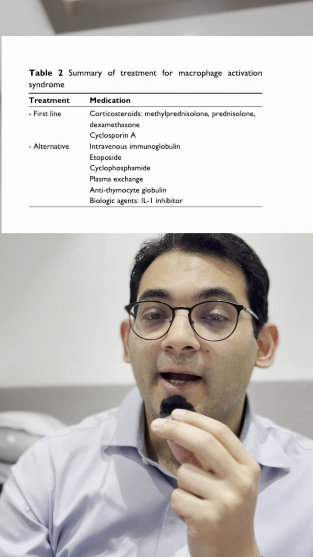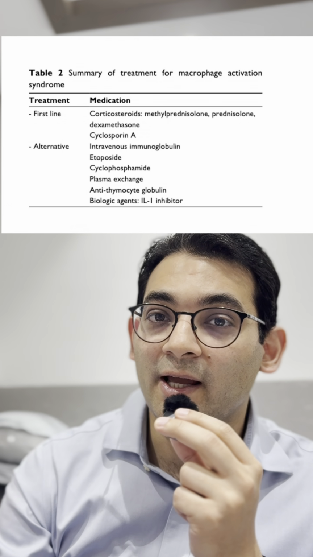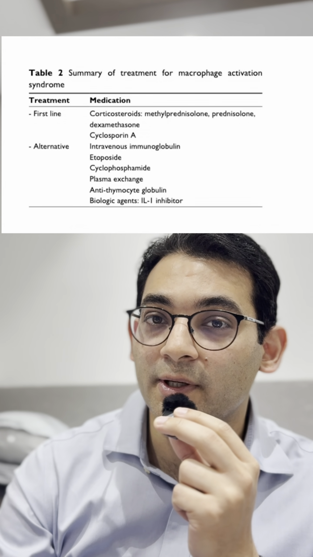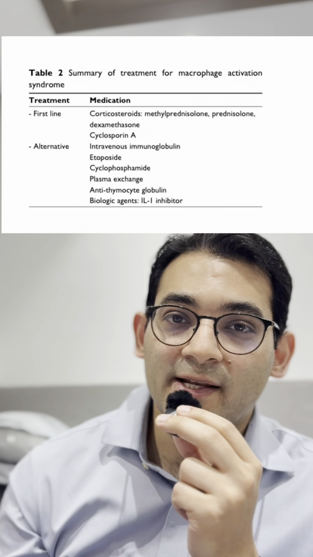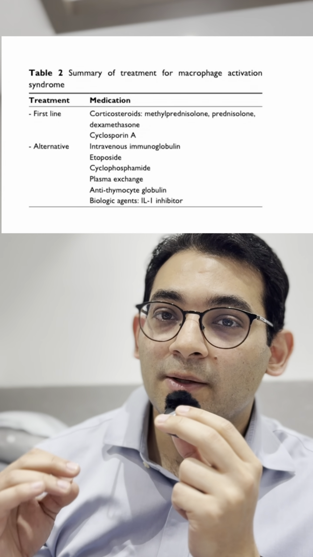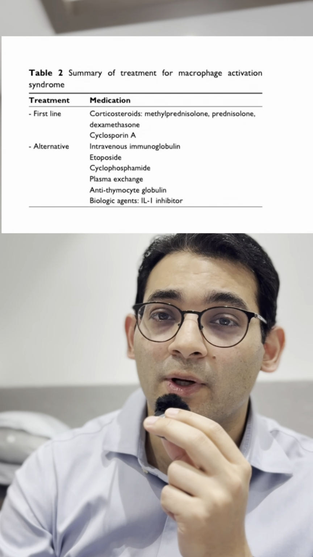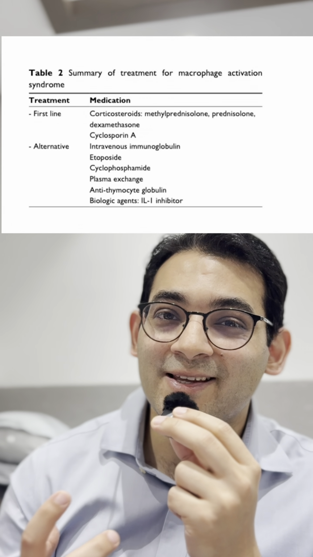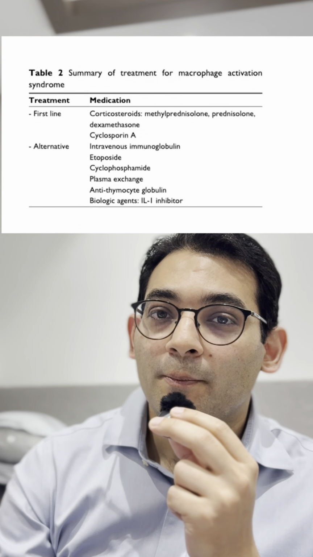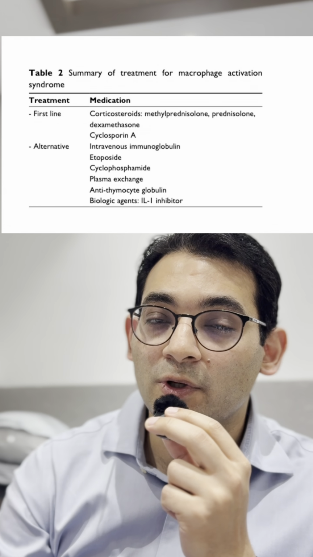Now what are the treatment options? Now normally we would treat this with either methylprednisolone pulse or with IV dexamethasone 10 mg per meter square per day. We can also add IVIG, we can add cyclosporin, but a beautiful drug for controlling HLH is something called as anakinra, which is IL-1 blockade. Unfortunately, it's not very easily accessible in India right now, but wherever we've used anakinra, it's worked beautifully well and